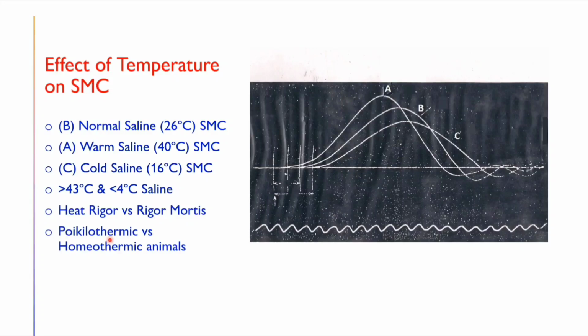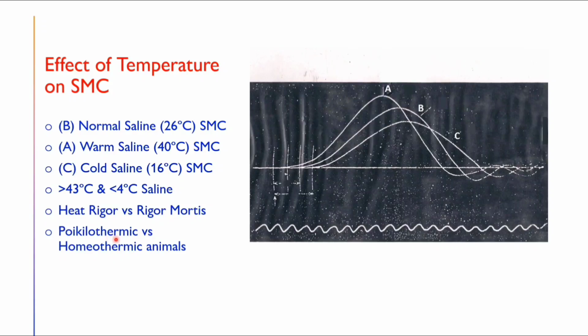Homeothermic animals are the animals whose body temperature remains constant in spite of change in environmental temperature. If there is winter, the body temperature does not change. If there is summer, the body temperature does not change. So homeothermic animals are warm-blooded animals. Their body temperature is fixed at a particular set point. For example, in human beings, it is at 37 degrees Celsius. So usually it does not change much in winter or summer. Examples of homeothermic animals are birds and mammals. So this is poikilothermic and homeothermic animals.